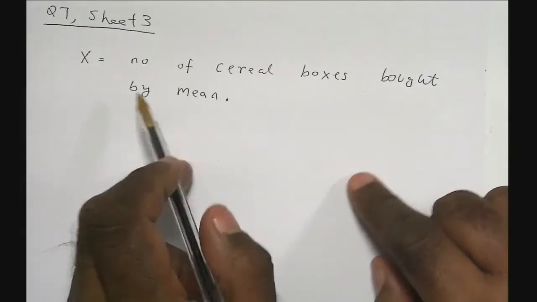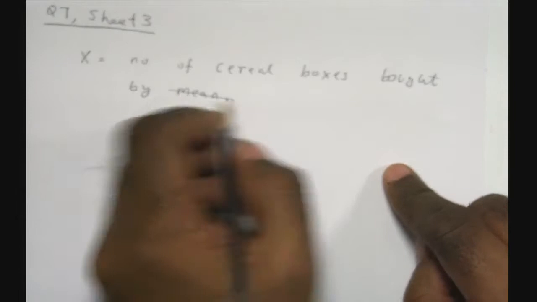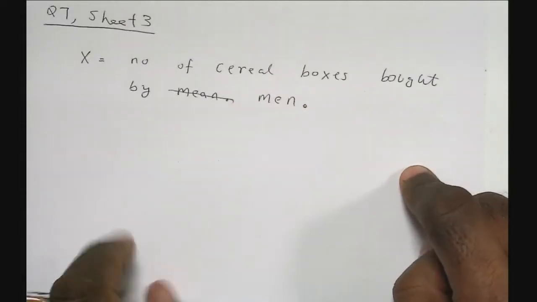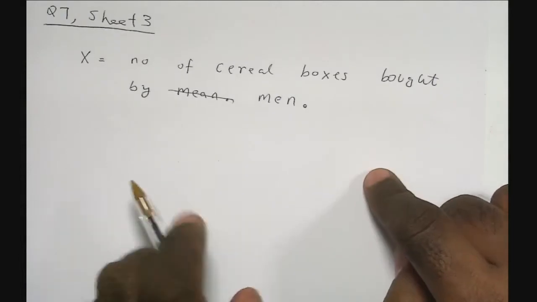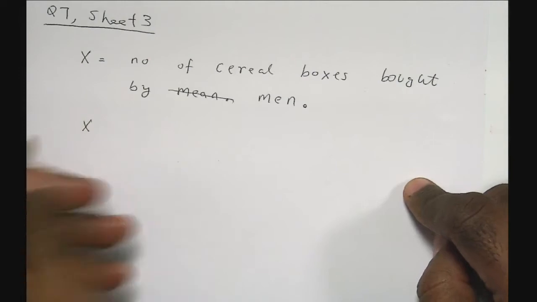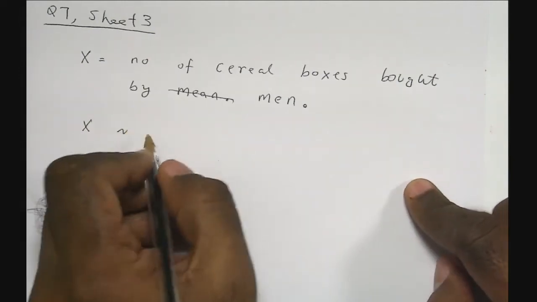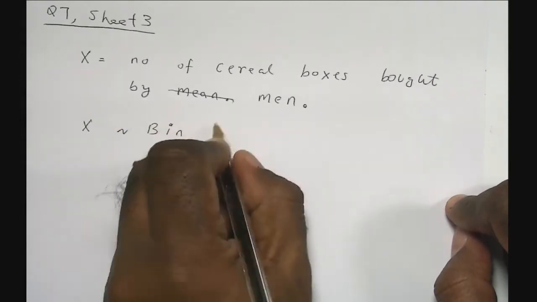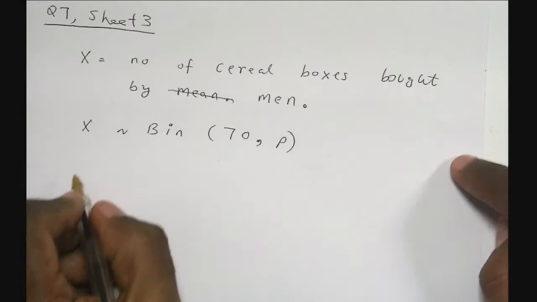Now it talks about the number of cereal boxes bought by men. And according to that question, it's obvious that X has what distribution? It will have the binomial distribution with parameters 70 and P, where P is the probability